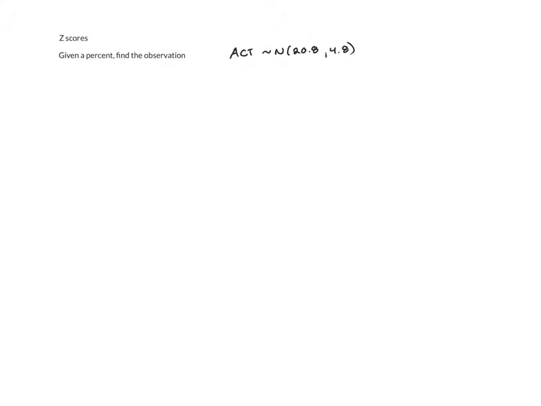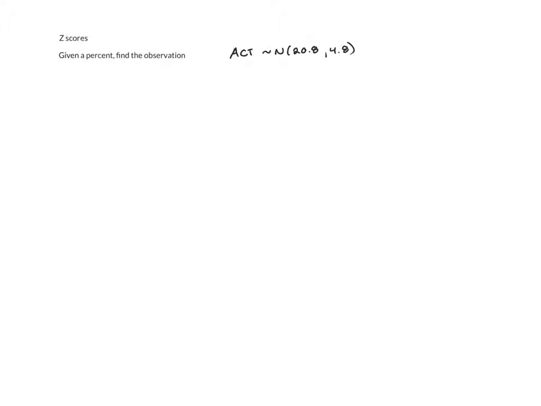In this video, we're going to reverse the process. That is, we're going to be looking at, if we're given a percentage, can we find the observation? To do this, we're going to be looking back at our example involving ACT scores. Remember, scores on the ACT are normally distributed, approximately that is, with an average of 20.8 and a standard deviation